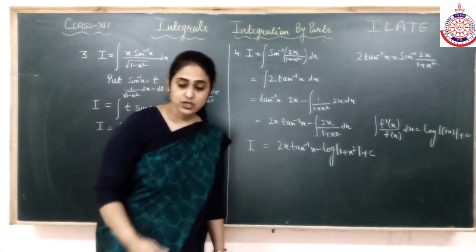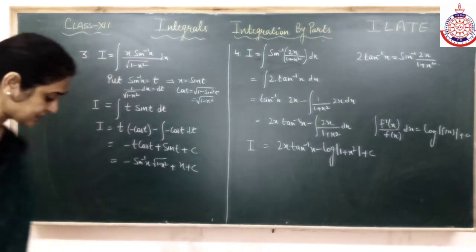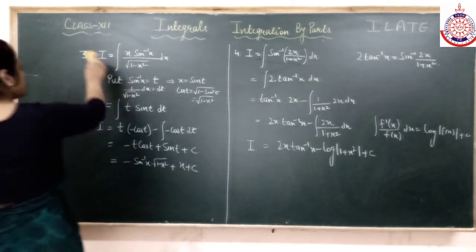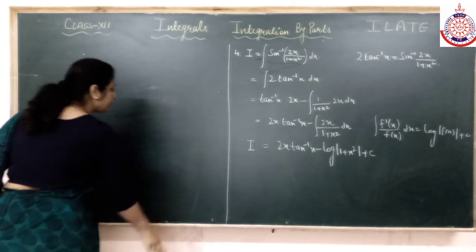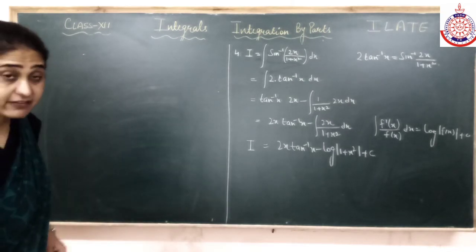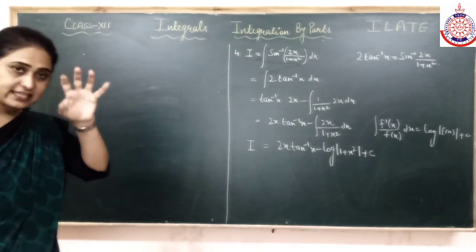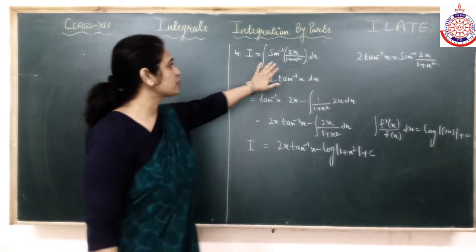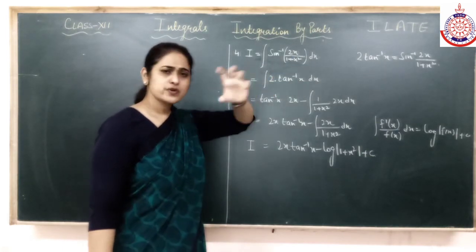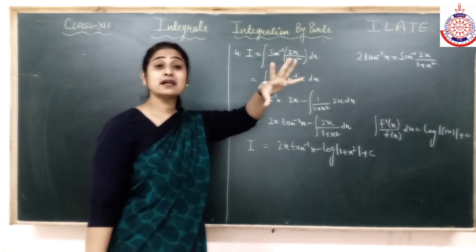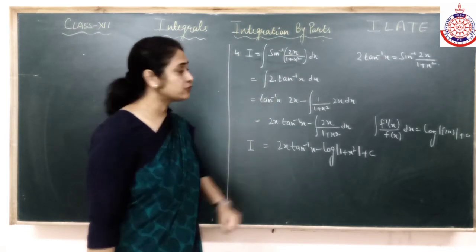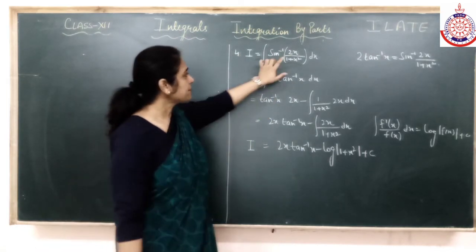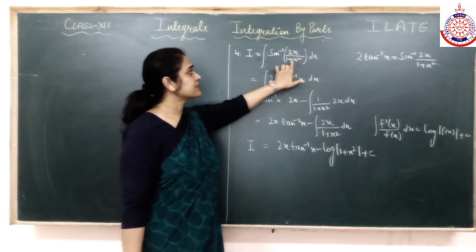Alright. Or you can do it by substitution also. I'll just tell you the substitution, the rest you will do. Suppose I have to do the same question by substitution. If you remember in inverse trigonometry, whenever inverse trigonometry comes and there's something other than x, always think of substitution. And the rules we did in inverse trigonometry, don't forget about that. If I see it is 2x upon 1 plus x square.